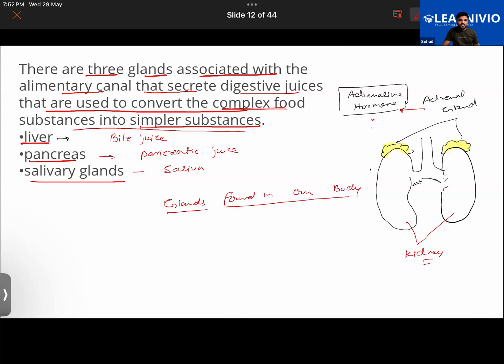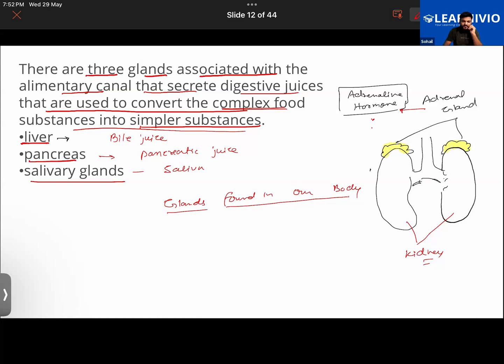Before I write further, you should know about glands. Moments ago, I told you that glands secrete some special chemicals in your body. There are different types of glands in your body. They secrete chemicals called hormones into your blood, and glands that secrete hormones regulate a lot of functions in your body. They control metabolism, growth, and many other functions.